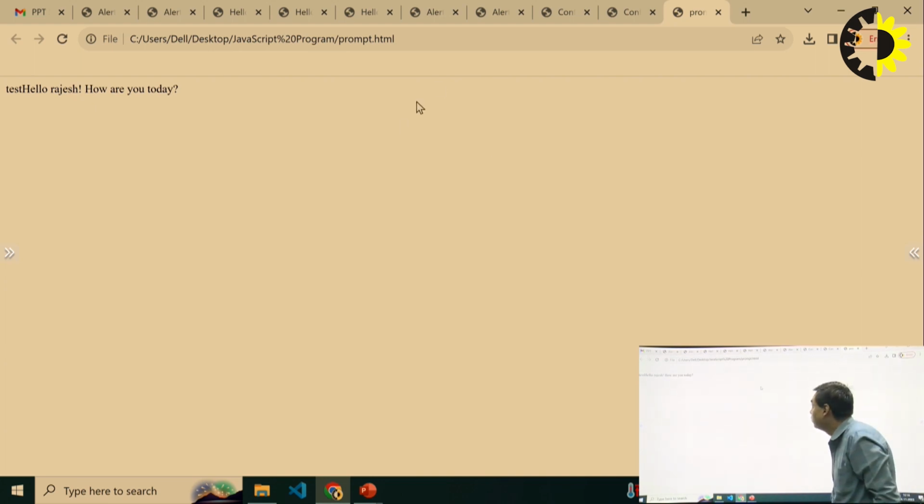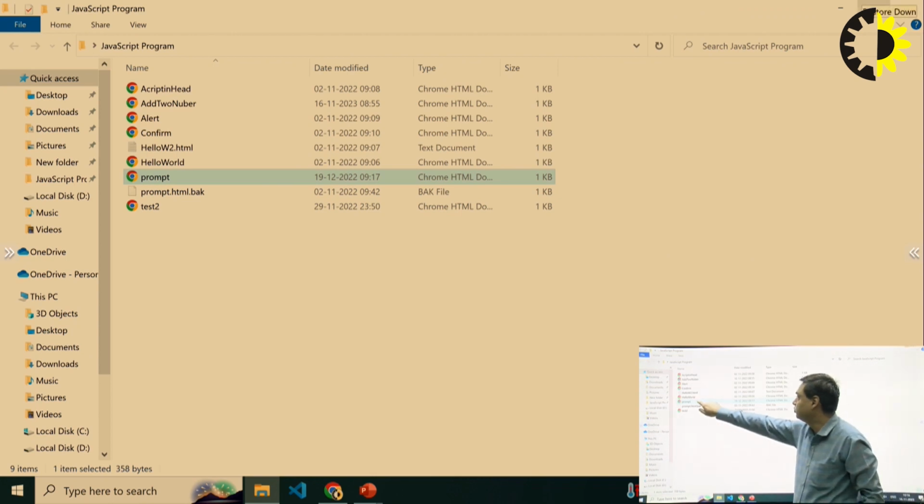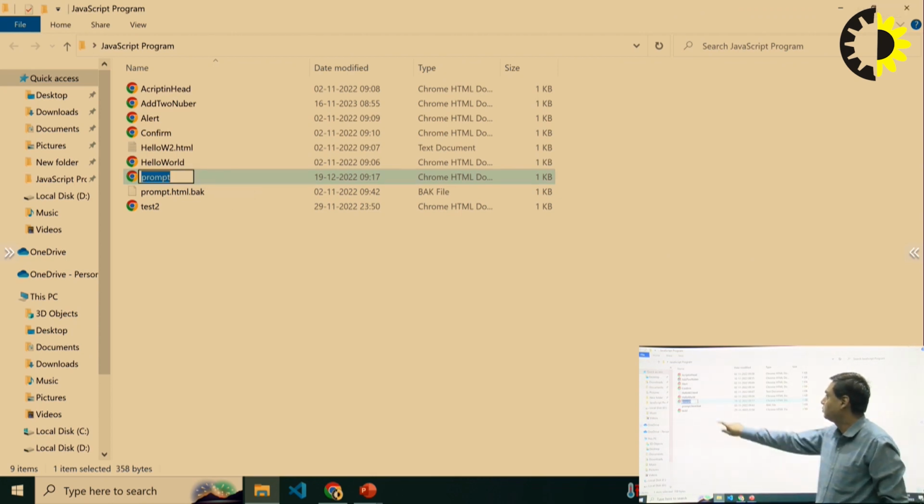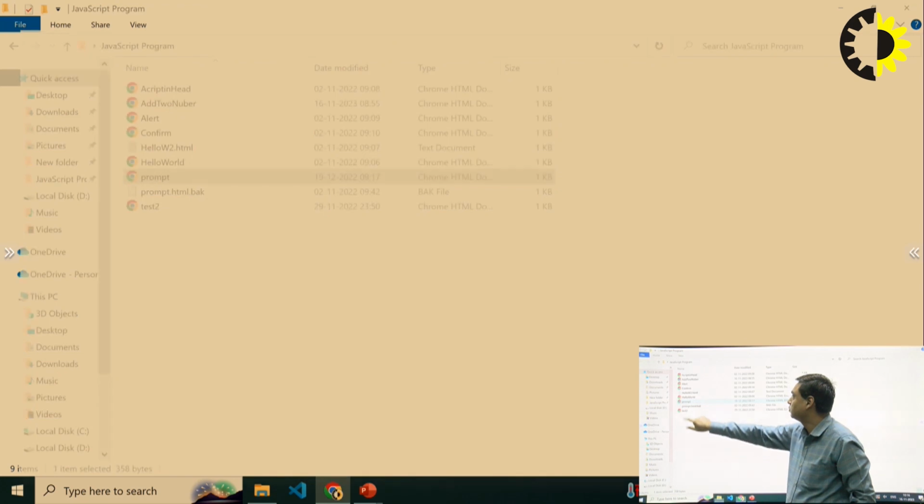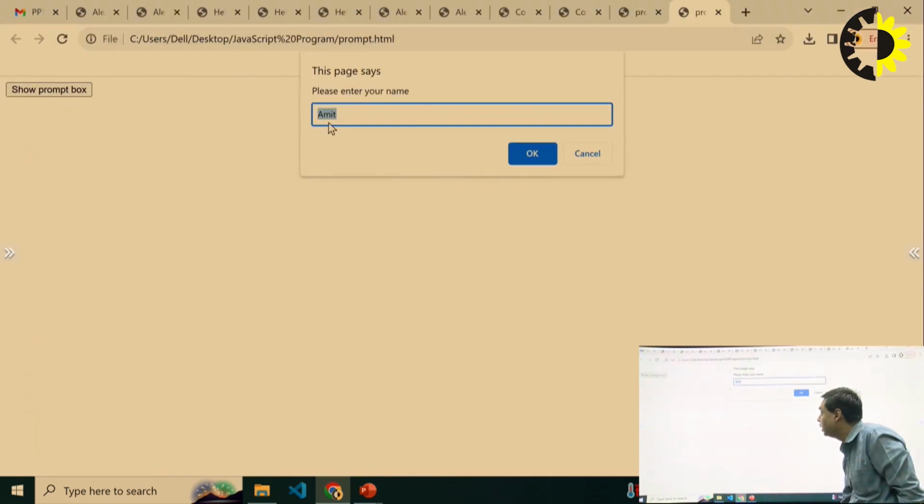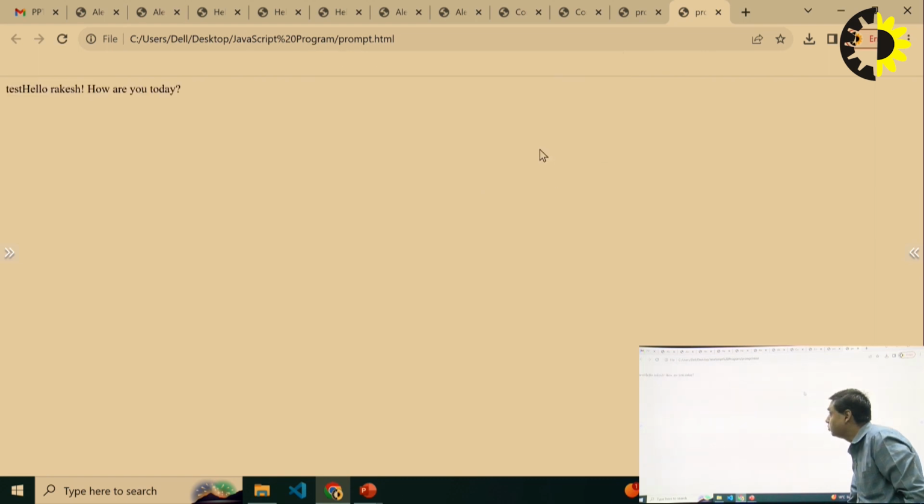So if you click again and change the value, so prompt box and give some other value, like Rakesh. So the input will be taken by this box. So it is displaying hello Rakesh. If you want to see the source code,